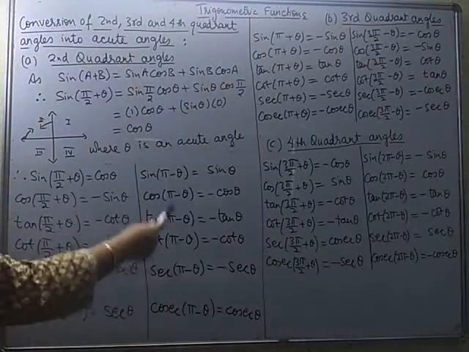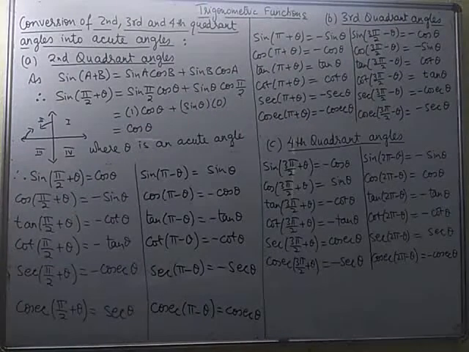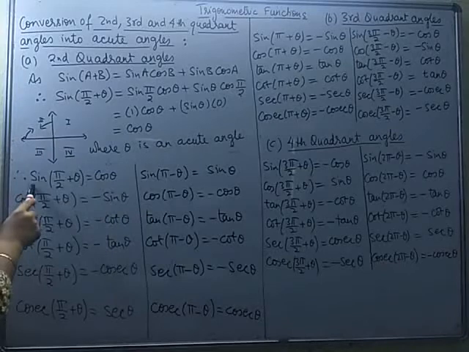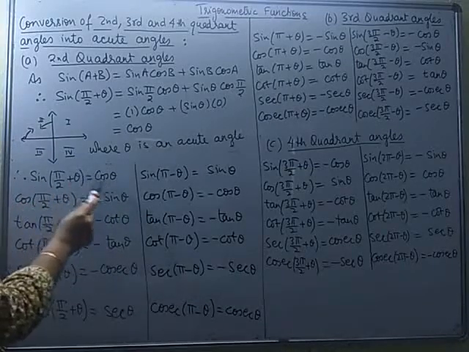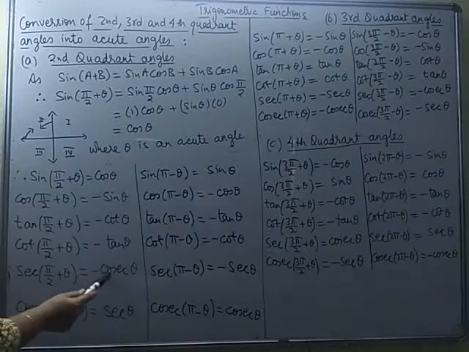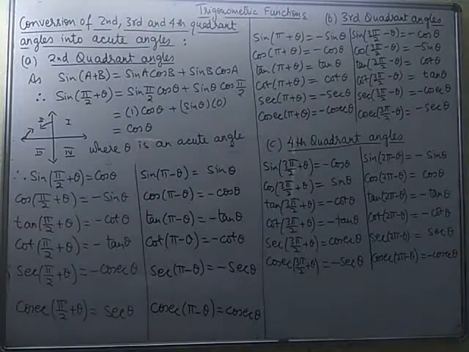Now you may wonder how to remember all these results. I'll quickly show you one thing which you will find in all the results. Whenever you are writing the angle as pi by 2 plus, look at this vertical line. So if your angle is 90 degree plus theta, then the function is changing. Sine becomes cos, cos becomes sine, tan becomes cot, cot becomes tan, sec becomes cosec and cosec becomes sec. These changes we have seen in first quadrant also when we convert sine 90 minus theta into cos theta. This we have done in class 10th.